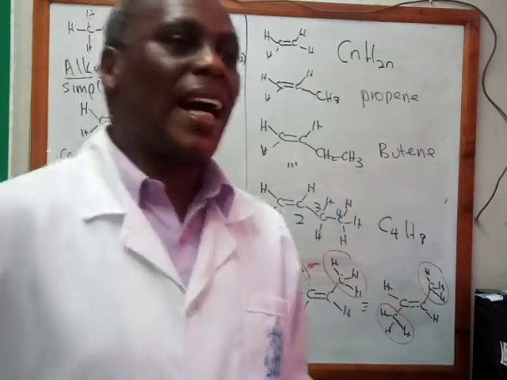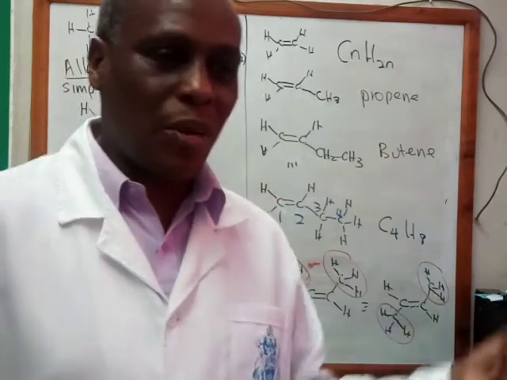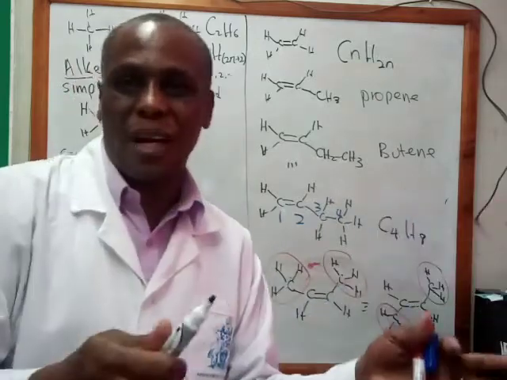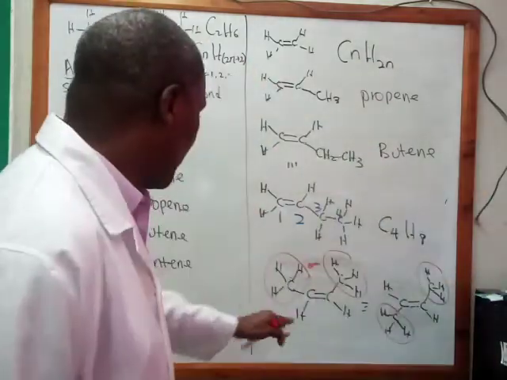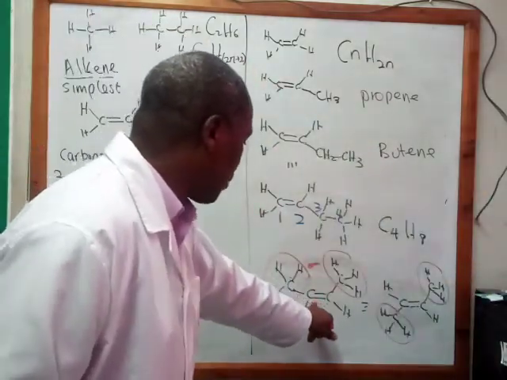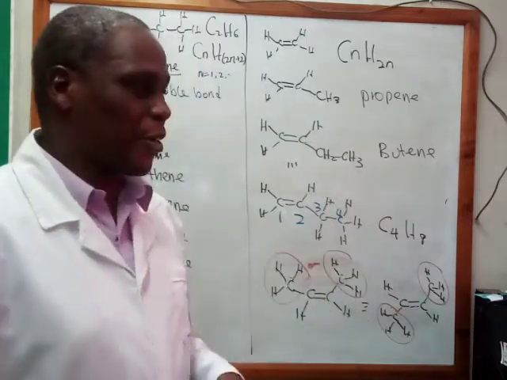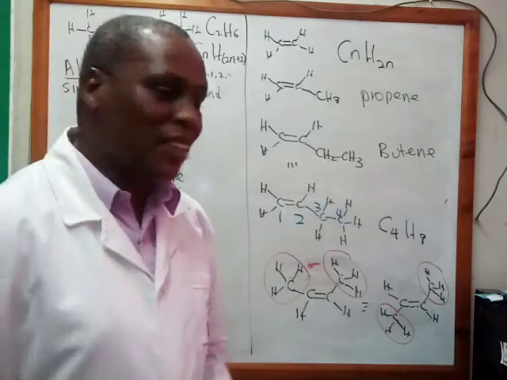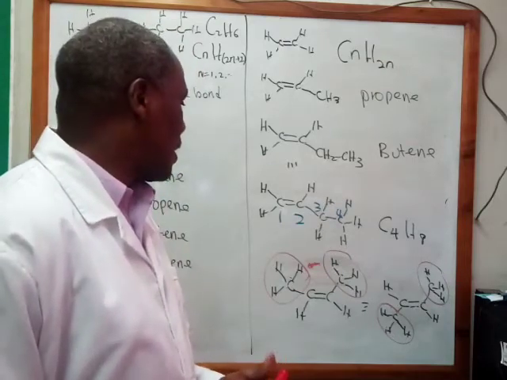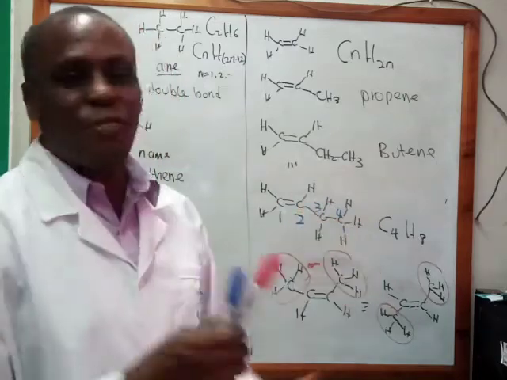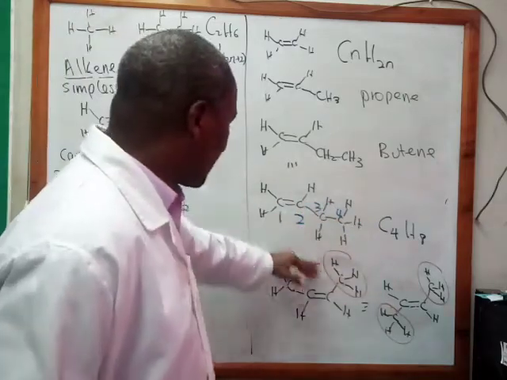If you say a double bond on carbon number 1, you are saying that the double bond is between carbon number 1 and carbon number 2. In this case, the double bond is between carbon number 2 and number 3. So you can say the double bond is on carbon number 2. So that tells you that if you are to give it a name, for example, if you are to distinguish between this structure and this structure,